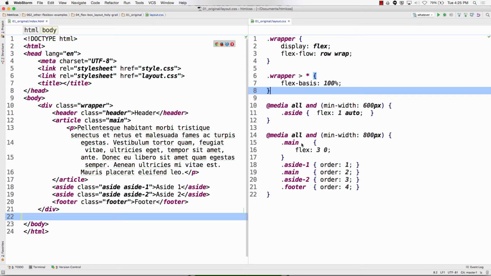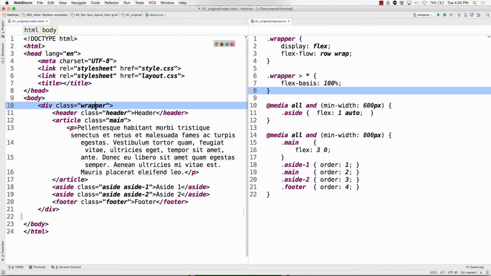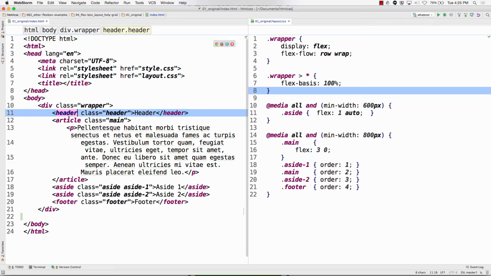Class wrapper greater than star. So any element that's a direct child of wrapper. Well, here's wrapper. So this is a direct child. That's a direct child. That's a direct child. That's a direct child. That's a direct child. This is not a direct child. So this is saying select header, article, aside, and footer. In which case, I think it'd just be better to write